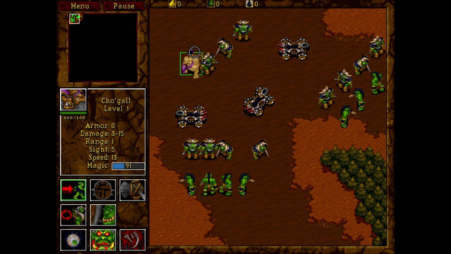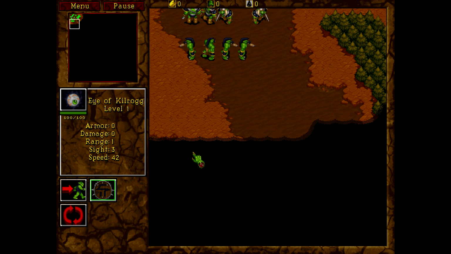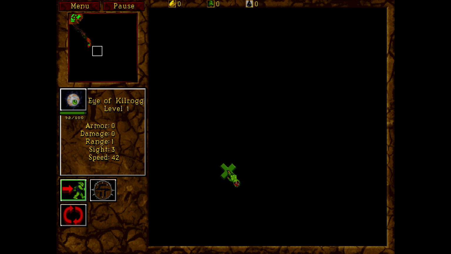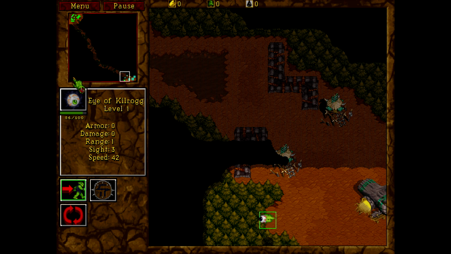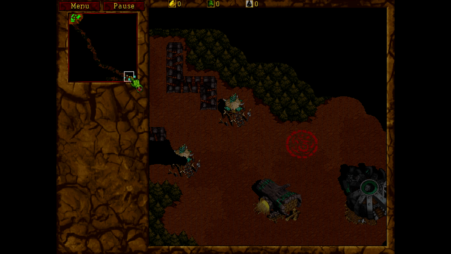This time our mission is to bring the Ogre Mage Cho'Gall to an outpost in the south here. If you think that just because he's a unique hero unit he's actually strong or good, then unfortunately you're wrong. He's actually very flimsy and quite fragile, so we have to bring him down here. He's got a couple of spells, such as the Eye of Kilrock, which is essentially a drone,